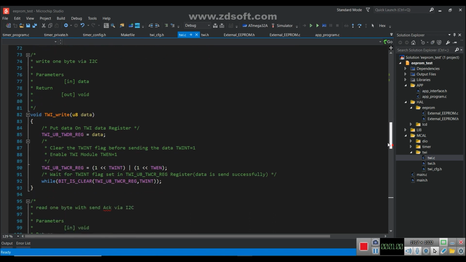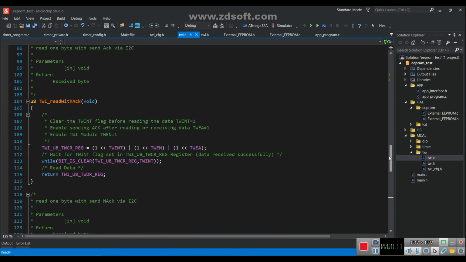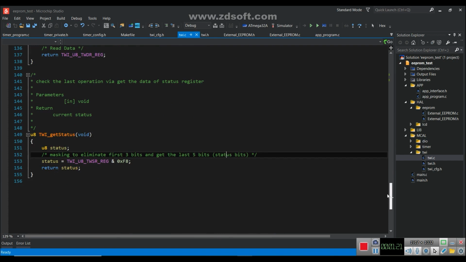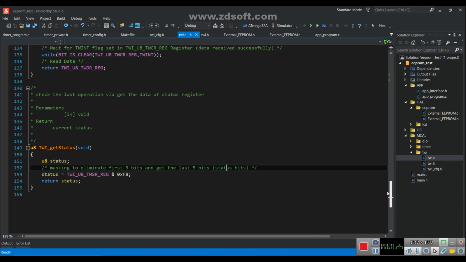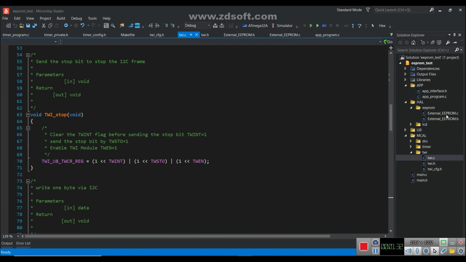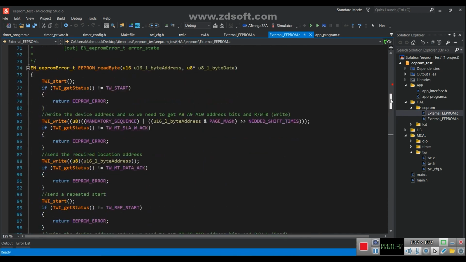Also we have two-wire write, which is responsible for writing 1 byte to memory using the I2C communication protocol, and two-wire read with acknowledge and with not acknowledge to get the data received by this protocol. Also we have the get status function to check the last operation by getting the data stored in the status register. Okay. Also, in the external EEPROM, we have